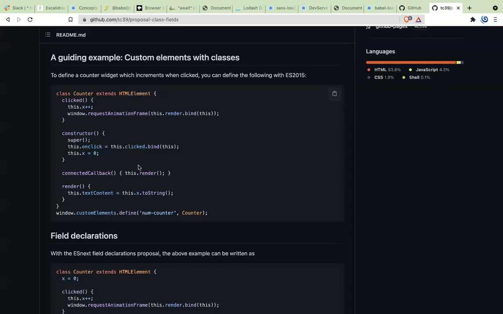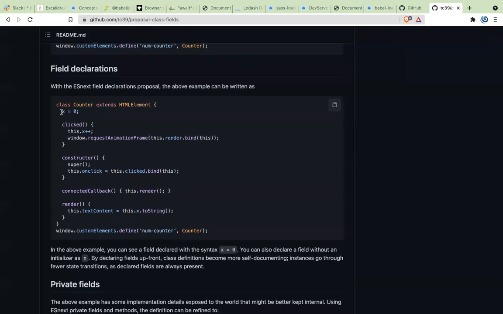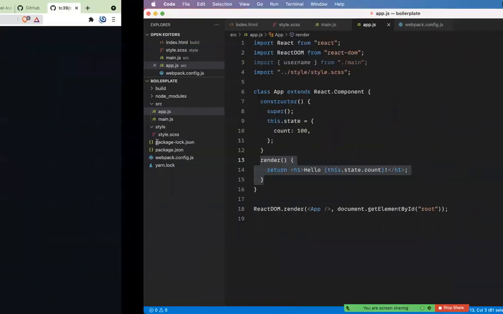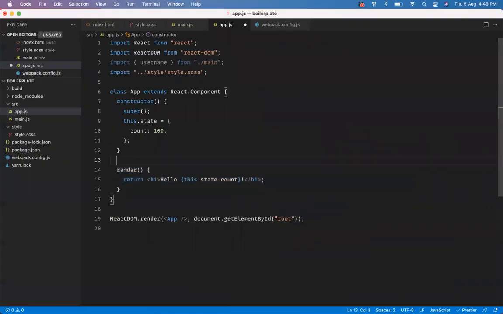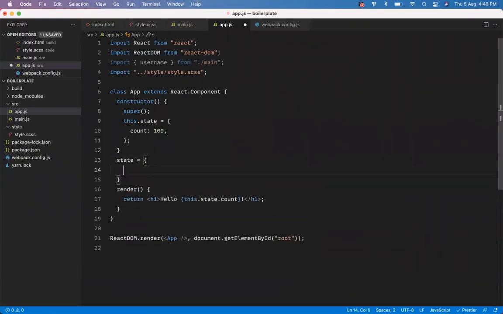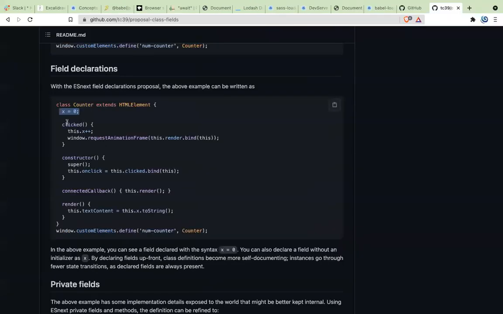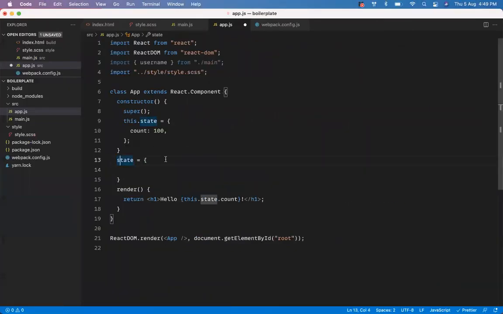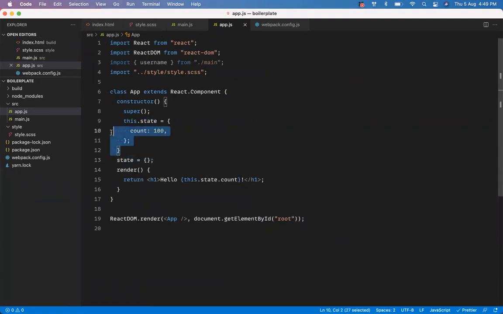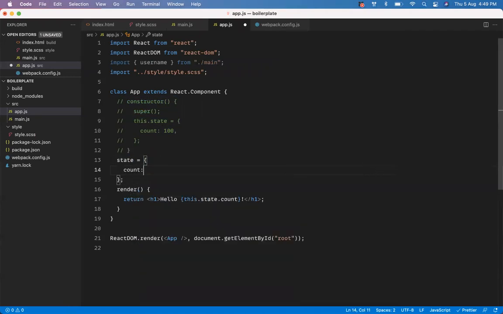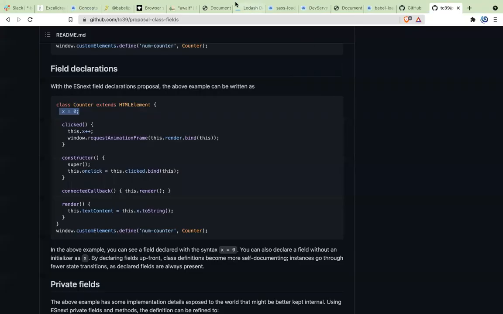So a proposal was developed, and this proposal says that inside a class, we can also add properties. Like we can just say X is equal to this. And that is what I was saying: using this proposal, I can just write state. It is saying X is equal to 0. I'm saying state is equal to an object. But how can I use this feature? What happens if I start using this feature like this? I comment this out, and inside state, what if I just say state is going to be 100? Is it going to work? Let's see.